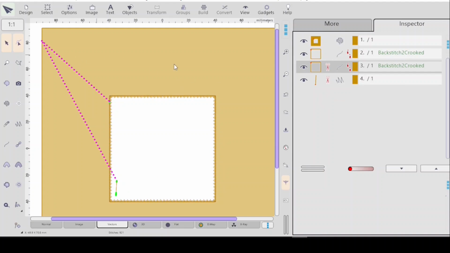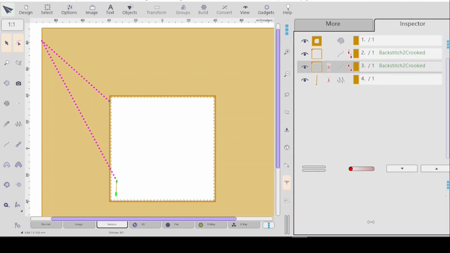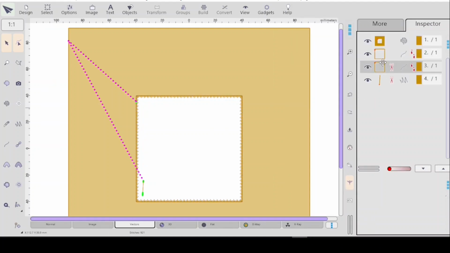Okay. So right now, and I made this window really, really big. Let me scroll it back. Here is our inner outline, and you can see there's no,